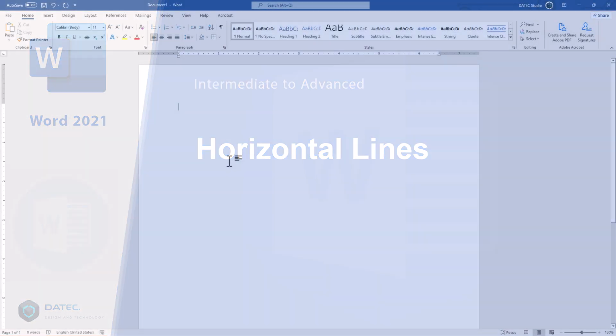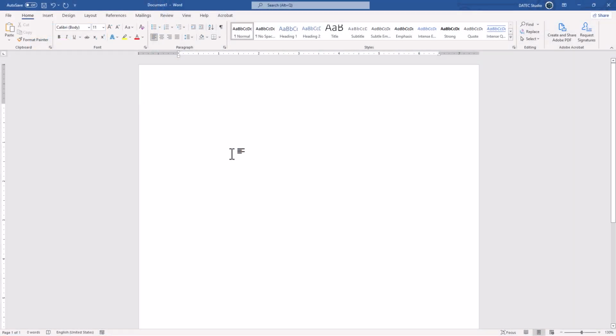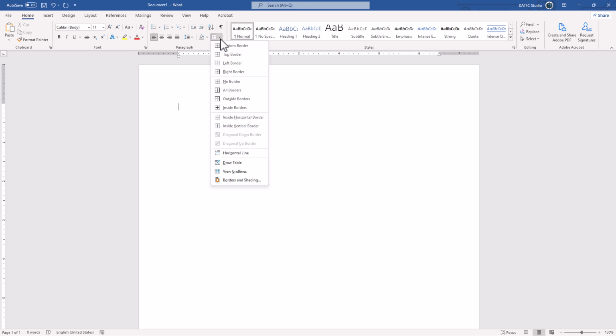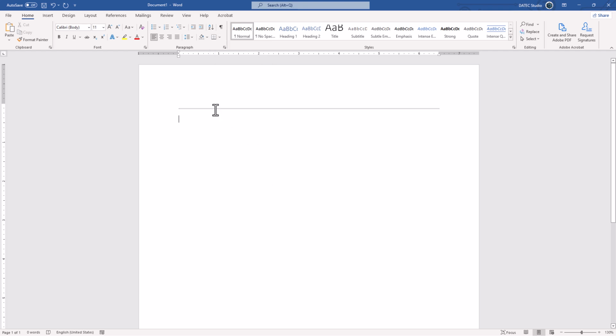Before going to another topic, I want to mention autocorrect, or better to say autocomplete, about the horizontal line. To make a horizontal line, you could click on the border and use horizontal line. And of course, after making it, you could select it and change the format. But instead of that, as I mentioned before, if you type triple dash and press enter or return key, you have